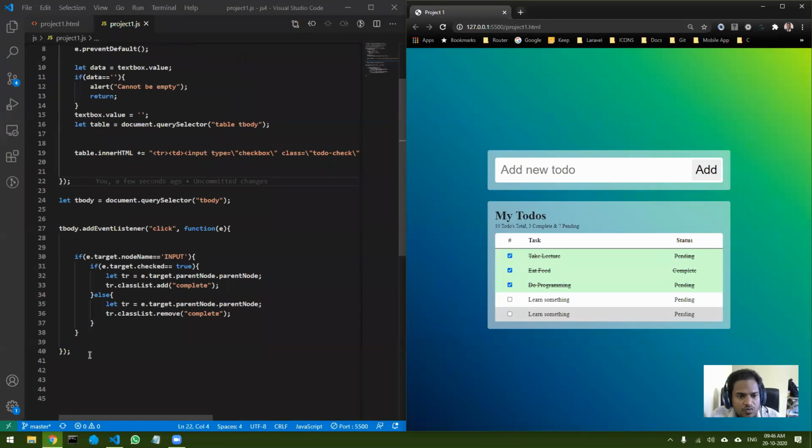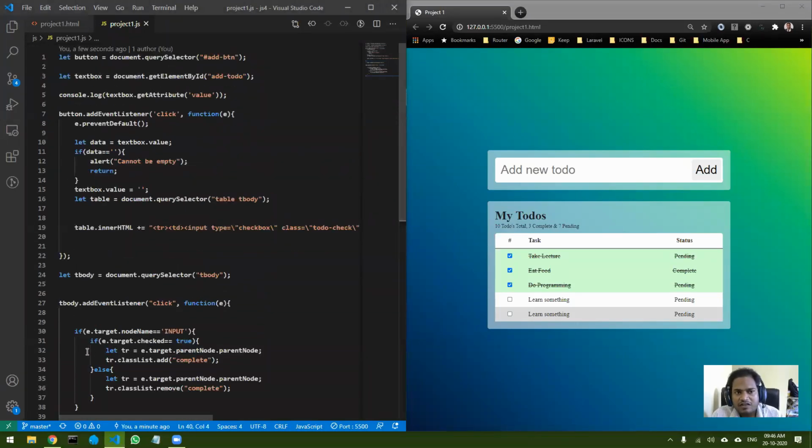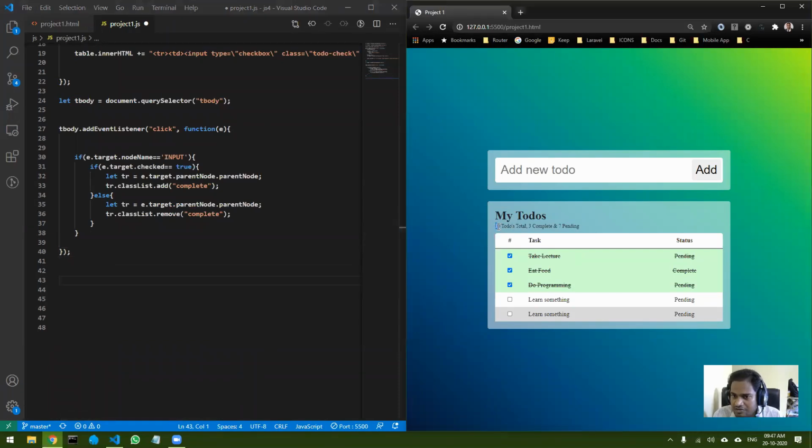Okay, so what I'm going to do is create a function. Still now we have not used any functions, right? So I'm going to create a function which is going to calculate the status.